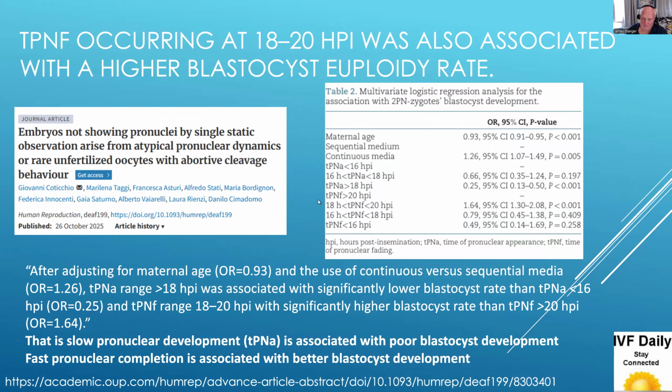I hope it's okay. First is that when they look at an odds ratio analysis, maternal age is clearly associated with 2PN zygotes forming blastocysts. But what's interesting, and our scientists should take note here, is that if you use sequential media, the continuous media comparison produces more blastocysts, significantly more blastocysts. So for 30, 40